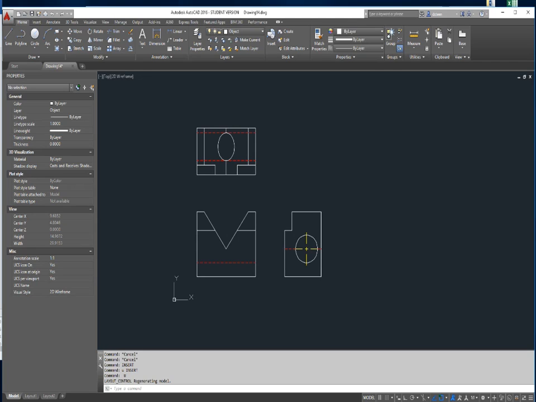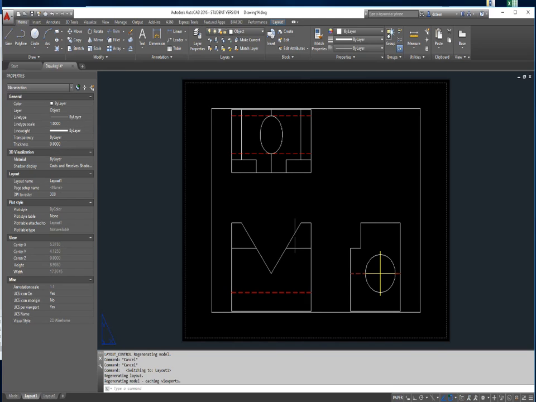Okay, this is AutoCAD, and we're going to talk about Paperspace and model space. So here, this is model space, and I know that because I'm on the model tab. Now, Paperspace is down here in these layout views. So it's already set up as an A-size sheet, and if you wanted to change it, it has a